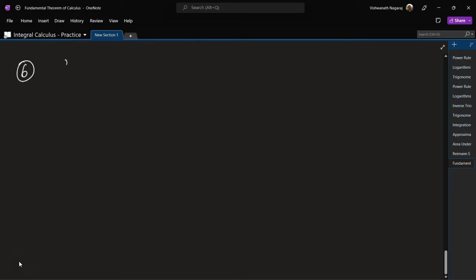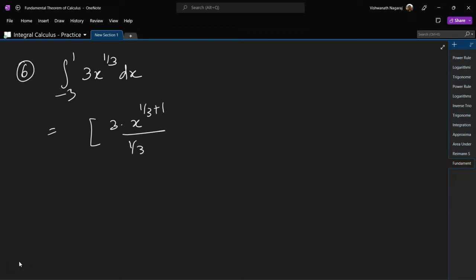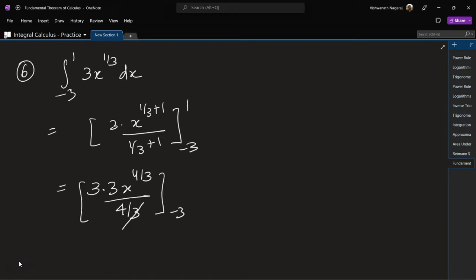Integral from minus 3 to 1 of 3x to the power of 1 by 3 dx. Okay, integrating this we will get 3 times x to the power of 1 by 3 plus 1 by 1 by 3 plus 1 from minus 3 to 1, which gives us 3x to the power of 4 by 3 by 4 by 3. This 3 we can take it up. So minus 3 to 1, which gives us 9x to the power of 4 by 3 by 4. Now let's do the